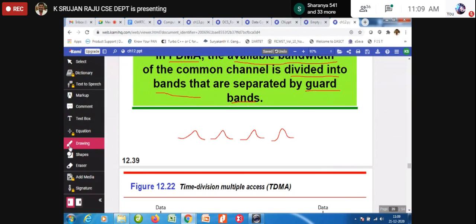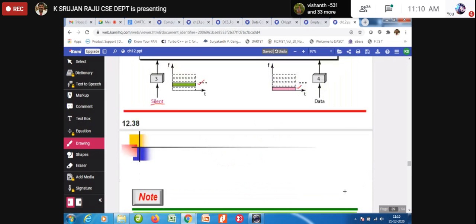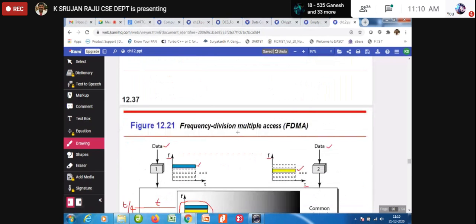Now I need to combine these particular things. When I combine them like this, these gaps I am going to call the guard band. This guard band is going to connect the different frequencies, because in FDMA, what we are talking about is frequency division multiple access.